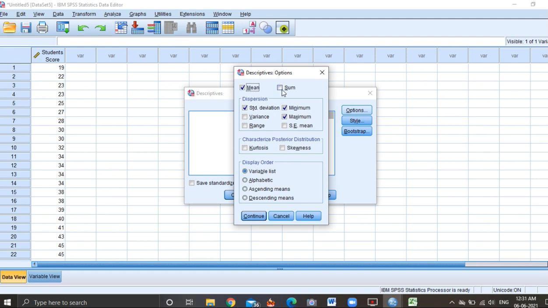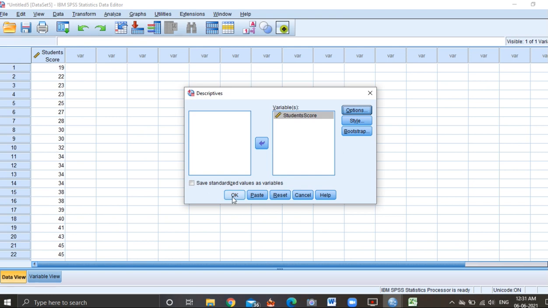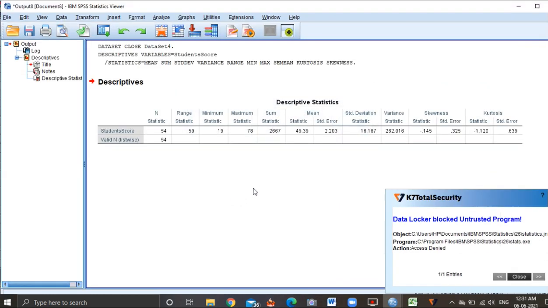Then you select all those that you want to check out. For example, I want to know the mean, sum, standard deviation, and variance. I want to see all of these, so I will just select all of them. If you want to see only the kurtosis and skewness, then you can select only those. But for now, I will select everything. So I will go for continue, and then I will click OK.